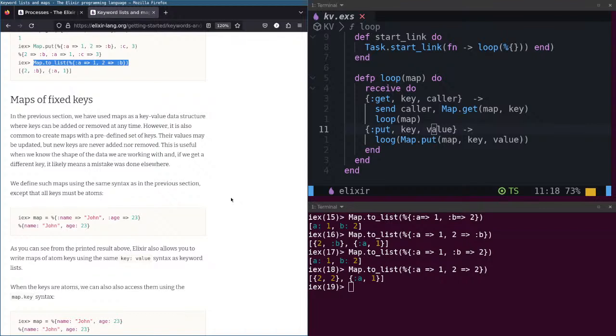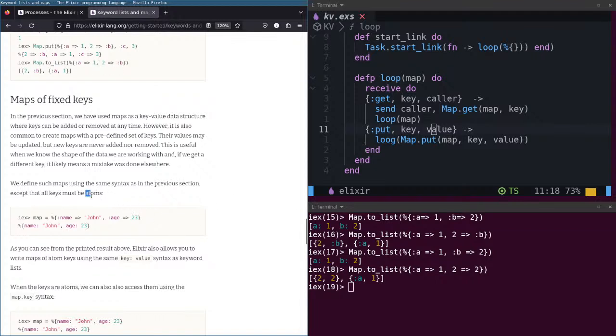This is useful when you know the shape of the data we are working with, and if we get different keys, it likely means a mistake was done elsewhere. We define such maps using the same syntax as the previous sections, except that all keys must be atoms.